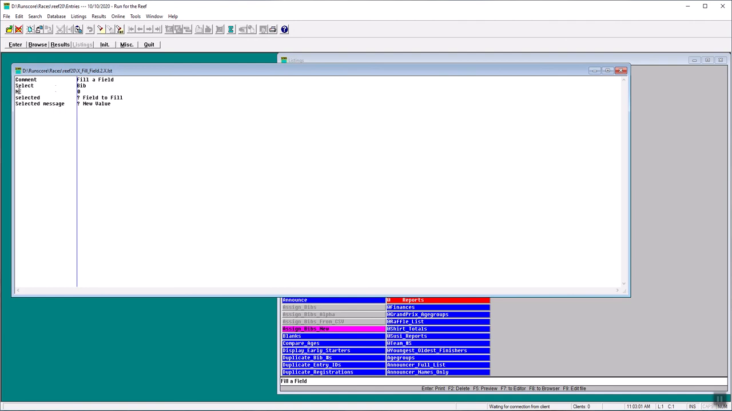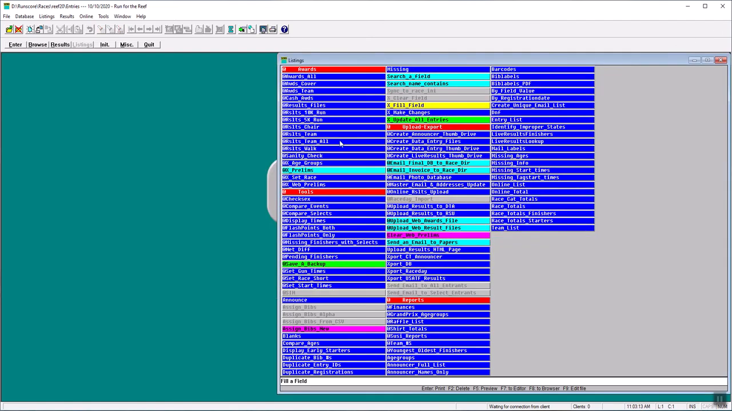One of the ways I use this is if I want to fill a field, I put in select the bib number greater than 0, not equal to 0. Selected, I will put in the field to fill, and the selected message the new value. So when I ran that,